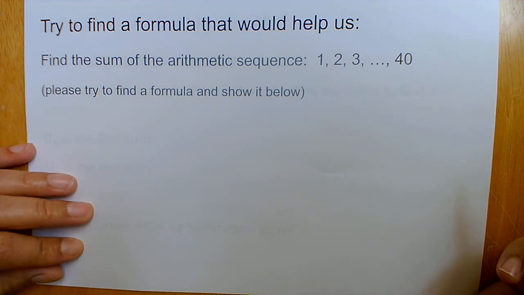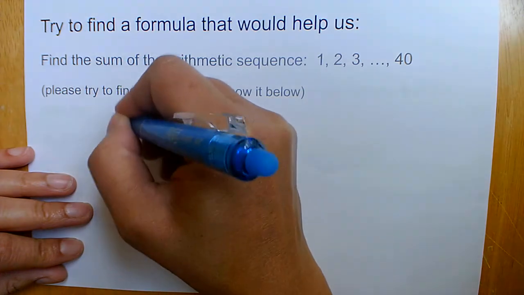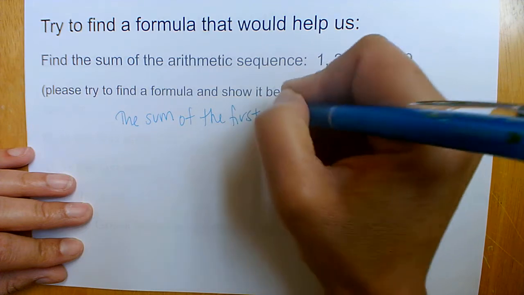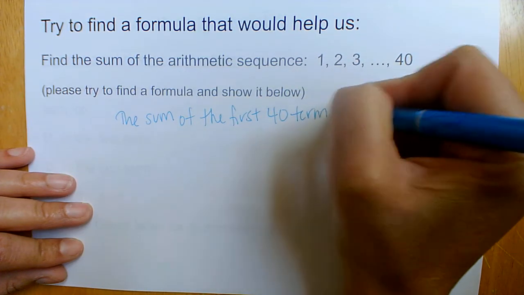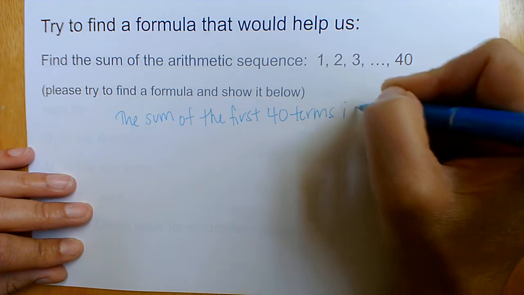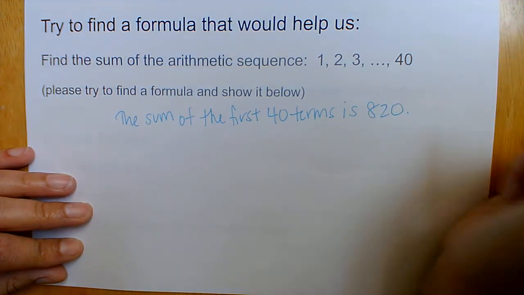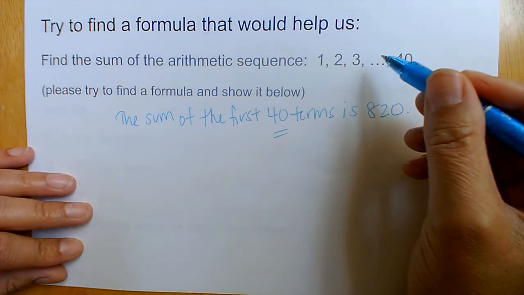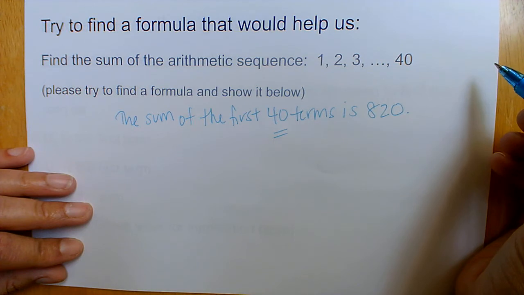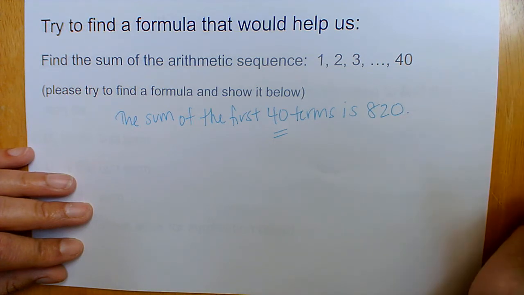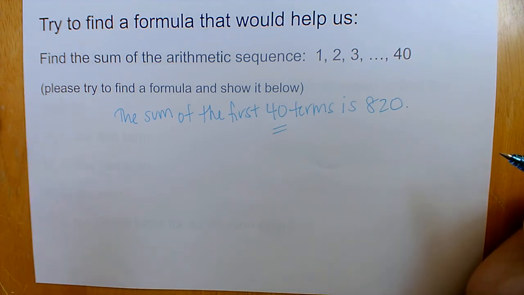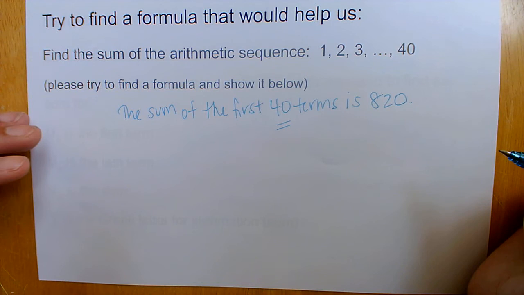I'm going to actually give you the answer, not a formula, just the answer. I'm going to tell you that the sum of the first 40 terms, first 40 numbers, is 820. So we have 40, 1 to 40 is 40. If we add up 1 plus 2 plus 3 plus 4 plus 5 plus 6 plus 7 all the way to 40, I'm going to get to 820. So I would like you to try a few things to see if you can come up with a